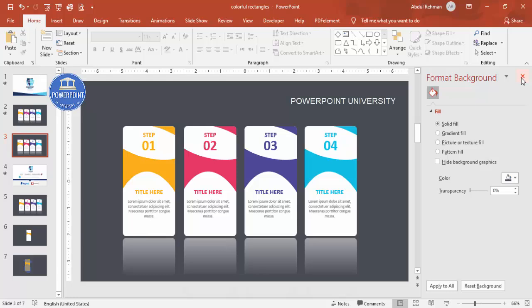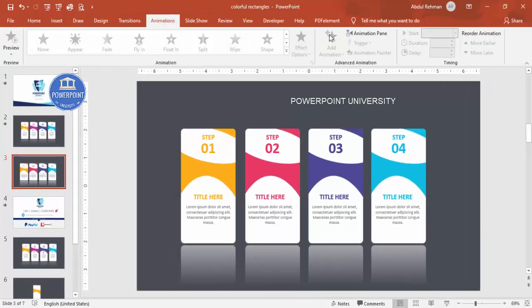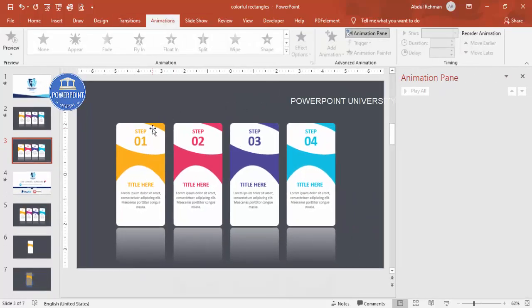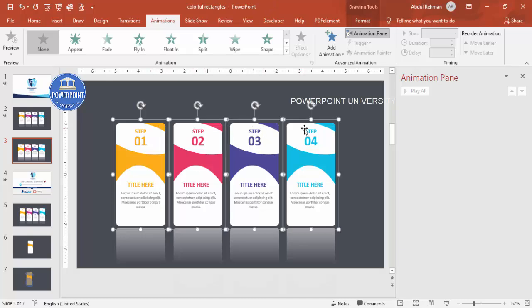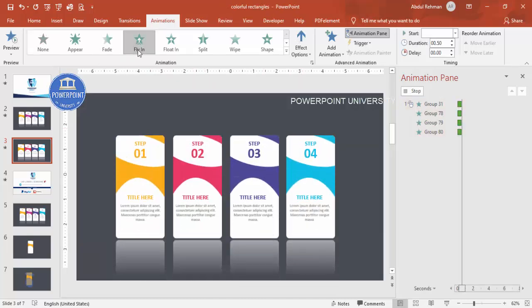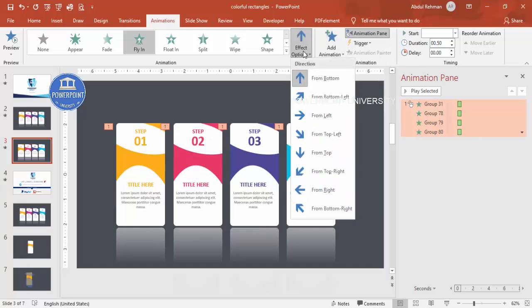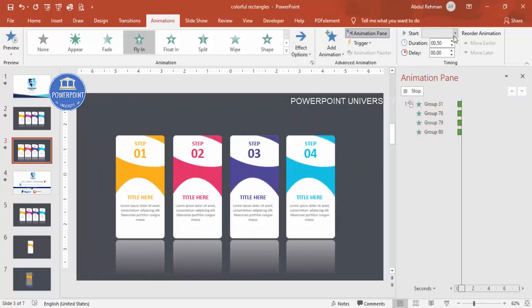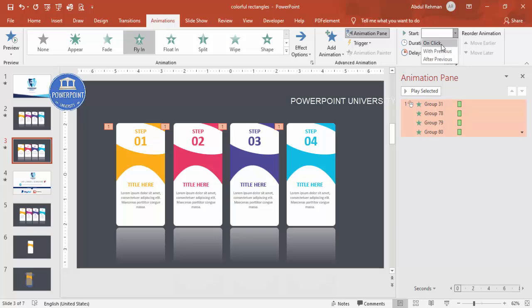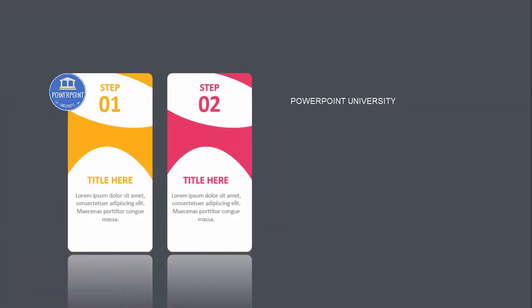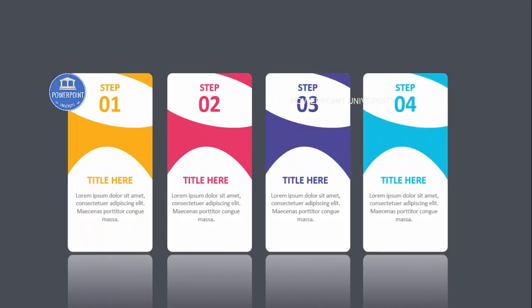Let me just add the animation. Close this one, go to the animations, enable the animation pane. I'm going to select all and then I'm just going to say fly in. Fly in should happen from left and should happen on click. So on click here. So if I click the first, second, third and fourth,